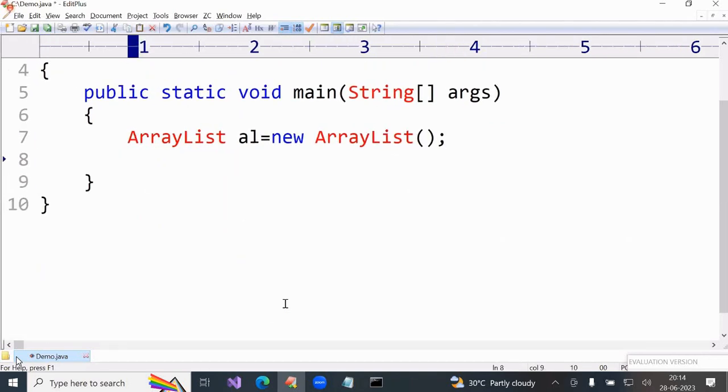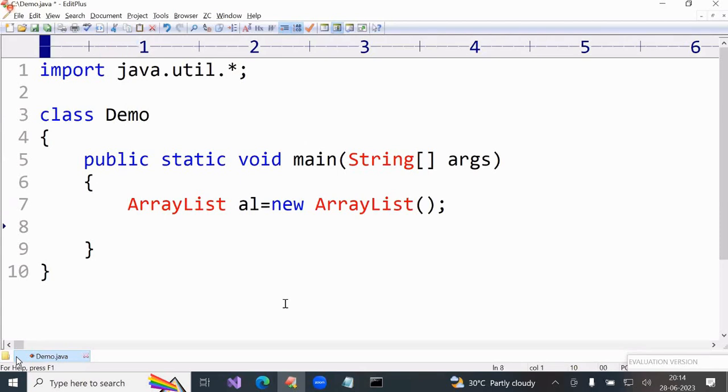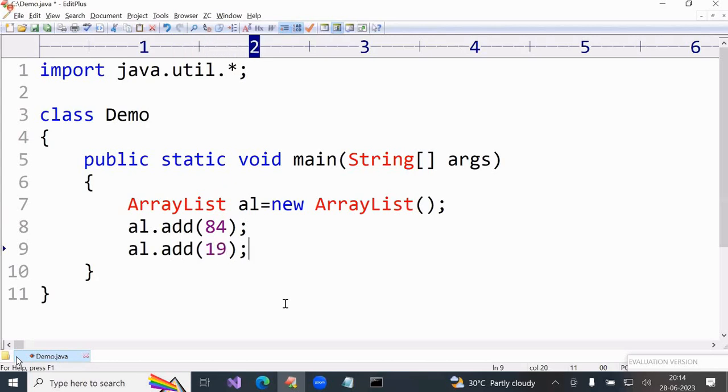Suppose how many elements are allocated now? 10. 10 elements allocated. AL.add: if I write it, where is it stored? Which position? 0. If I write now, position 1. If I write now,